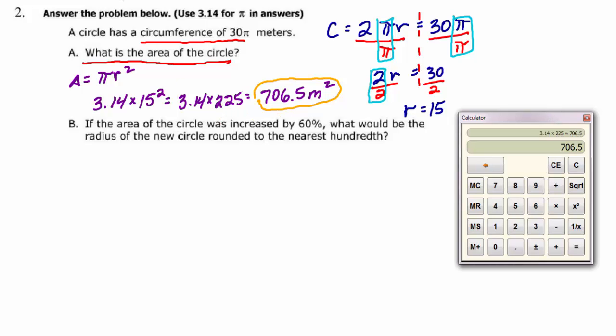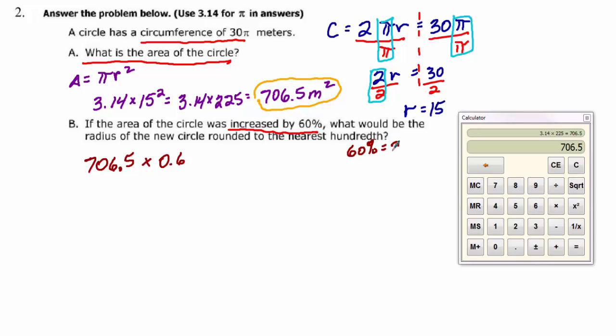Part two. We need to increase this by 60%. So we're going to have a 60% increase on this. So let's take our 706.5, and we're going to multiply that by 0.6, because 60% as a decimal is 0.6. So we've got our 706.5, and we're multiplying it by 0.6, and we get a